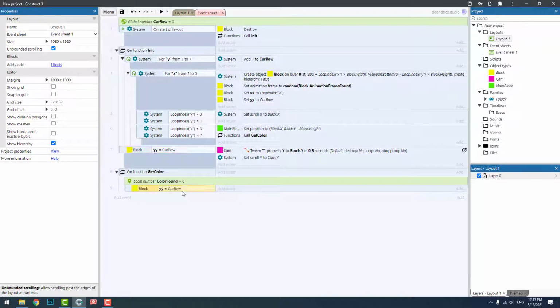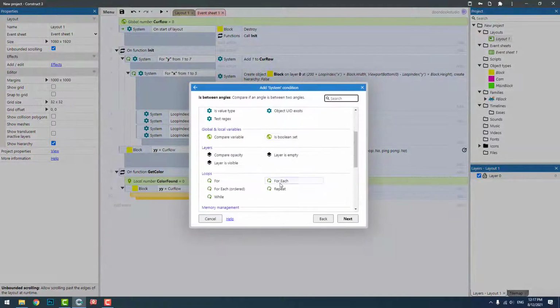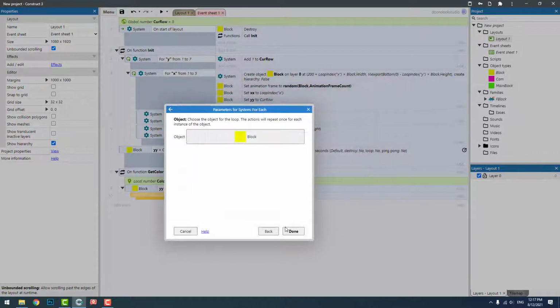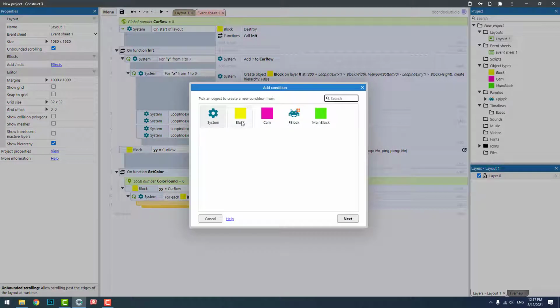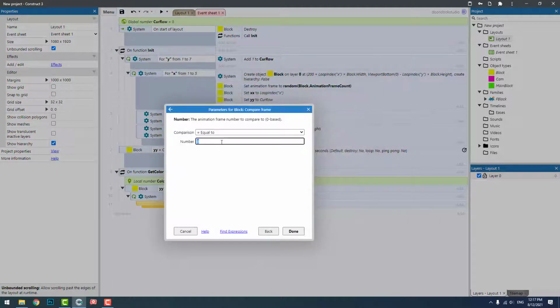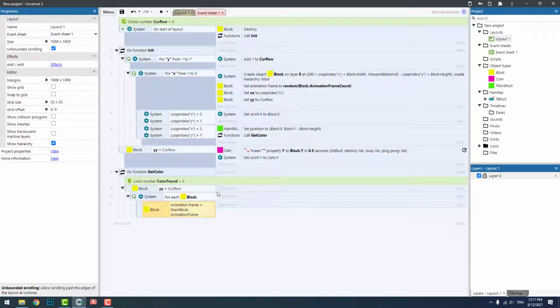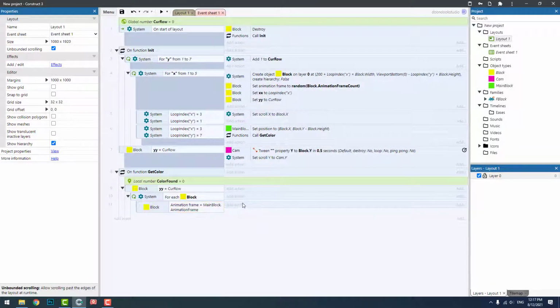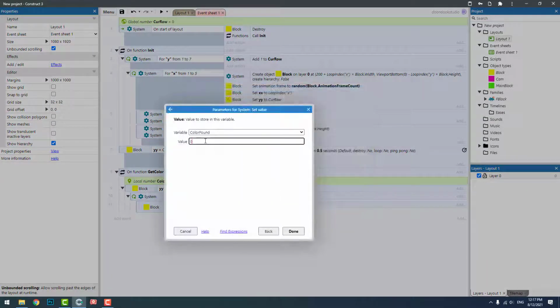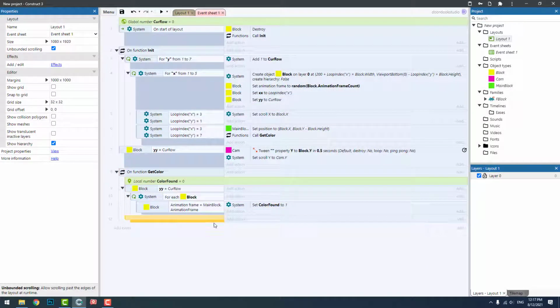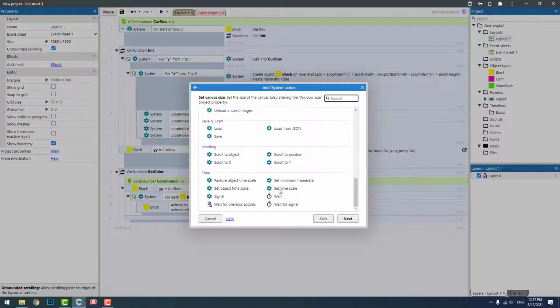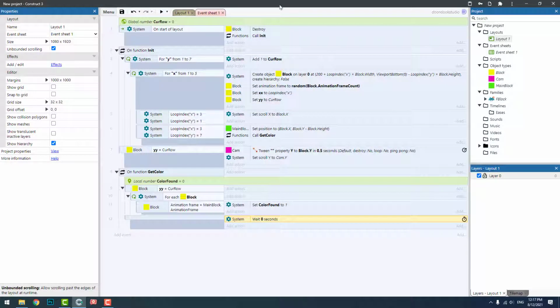I'm gonna copy and paste this and say for each block of highest row, if the current block its frame is equal to main block dot animation frame, then we found the color, found is equal to 1, and here we say wait for 0 seconds,